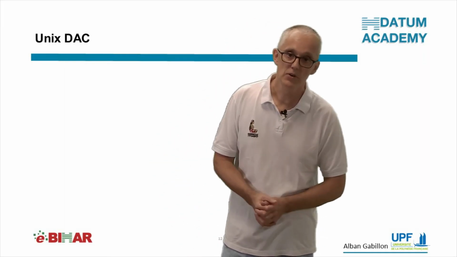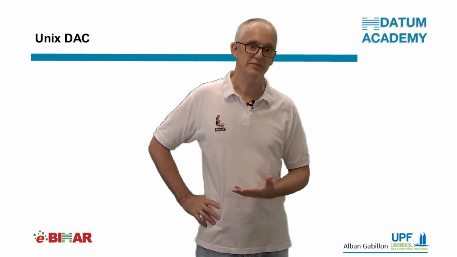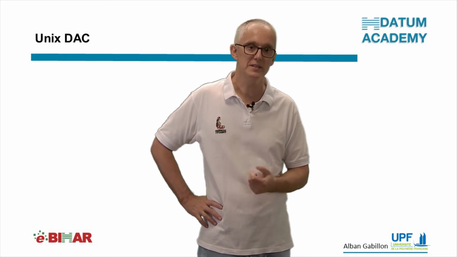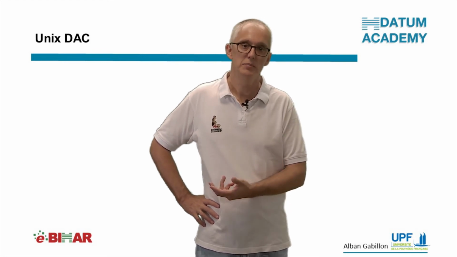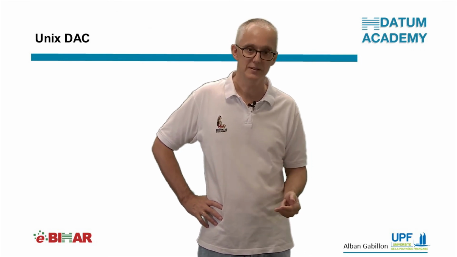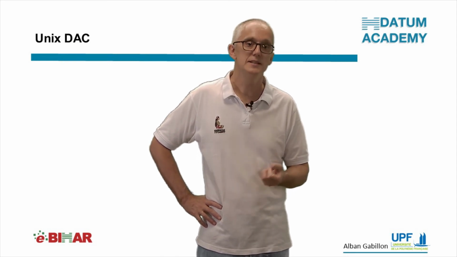So in the second part of this video, I presented the access control algorithm of the Unix operating system. I think you are starting to realize that the Unix DAC system is not as simple as you might think. And in fact, fully understanding the Unix DAC system requires mastering a lot of things. It requires mastering the interactions between the permissions set on the directories and the permissions set on the files, which are contained in the directories. It also requires fully understanding the effects of the setUID and setGID flags. And this is not finished.